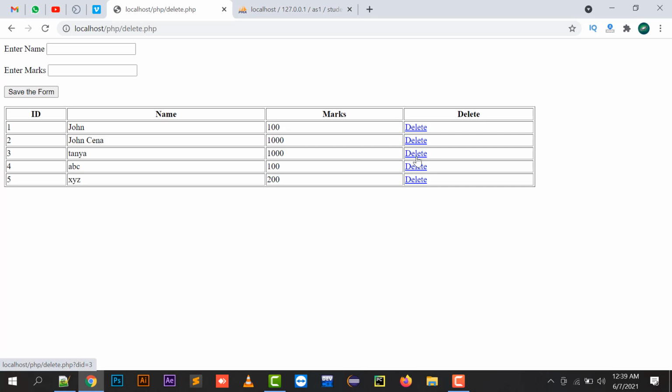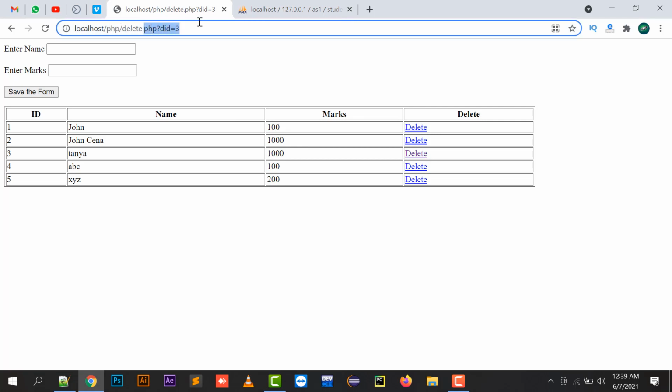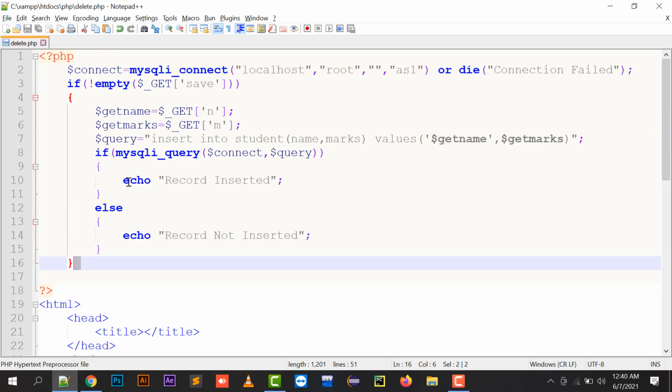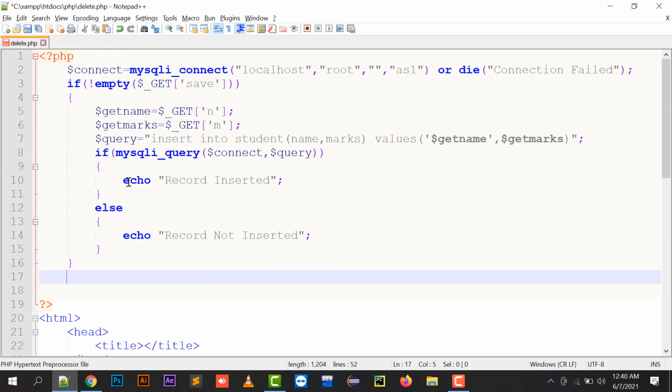If I now click on the third delete button, it is going to refresh my page, and my URL changes to localhost php delete question mark did equals to 3. If I click on the second record, it displays question mark did equals to 2. So the page refreshes every time I click on an anchor tag button.